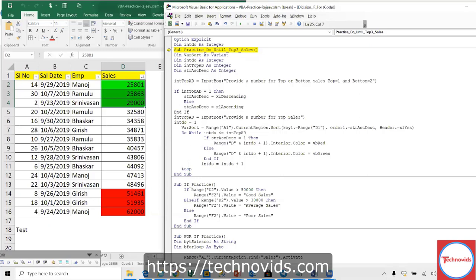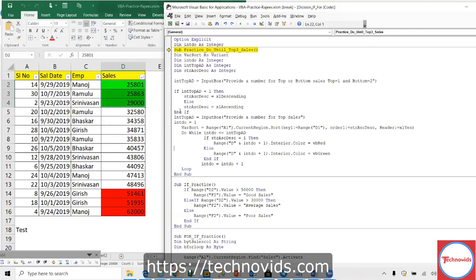So as a best practice, as soon as I write do, I will write the loop. You have noticed, right? As soon as I write do, I write a loop so that I won't miss that. As soon as I write if, I write an end if, even though it gives red, I don't mind because I don't miss that end loop. If I am having too many loops, then I will go mad where I have to end. So that's the best practice: as soon as you write if, you write end if; as soon as I write do, write a loop. Correct. So that way you don't miss that.